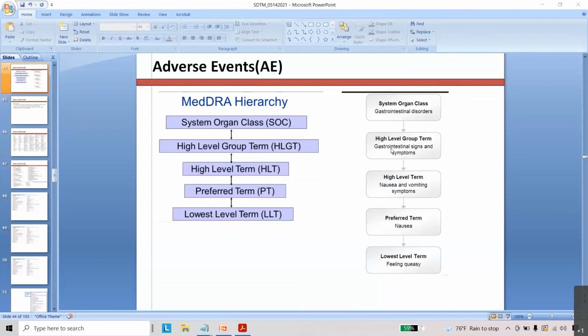This is a gastrointestinal signs and symptoms, and this is a gastrointestinal disorder. So based on the low level term, the values will be mapped. And if you see here, all these values are character values. And in SDTM IG 3.2, in the adverse event domain, for